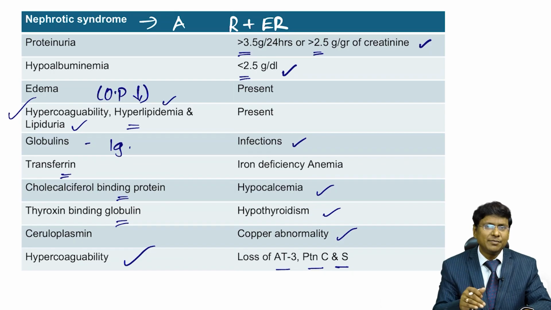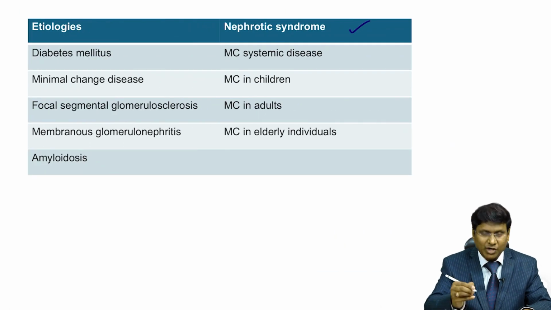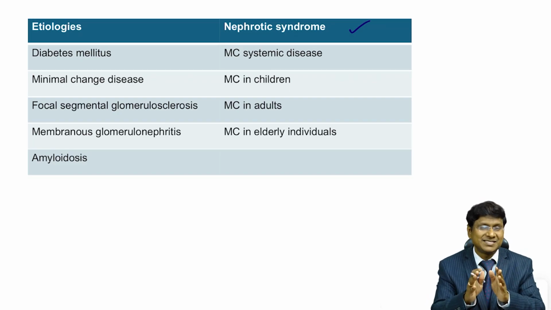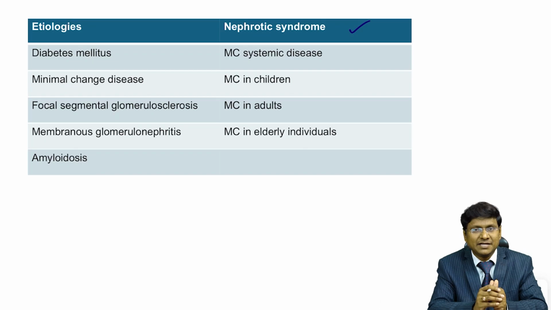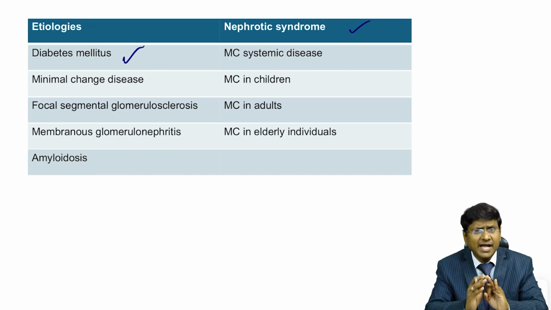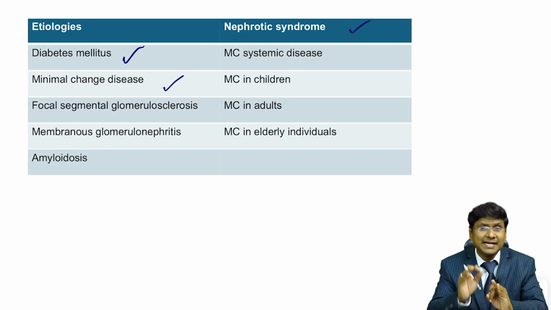So apart from albumin, these are the other proteins which are being lost. Next, you need to know what are the etiologies that will be causing nephrotic syndrome. The most common systemic disease that will be responsible for the development of nephrotic syndrome is diabetes mellitus. And the most common cause of nephrotic syndrome in children will be minimal change disease,